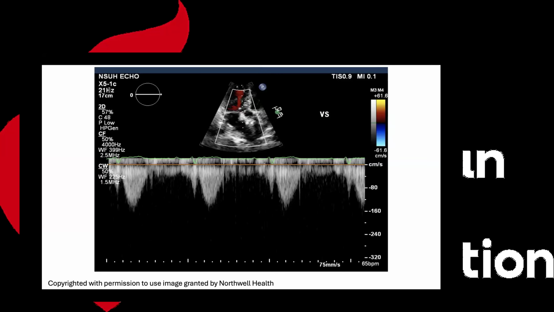Thank you, Dr. Wharton. We do have a question for the panel and then a couple questions from our audience. I'd like to start with you, Dr. Wharton, and speaking to this and then opening it to the panel. Are there ways to anticipate HCM being unmasked with a TAVR? And if so, how?